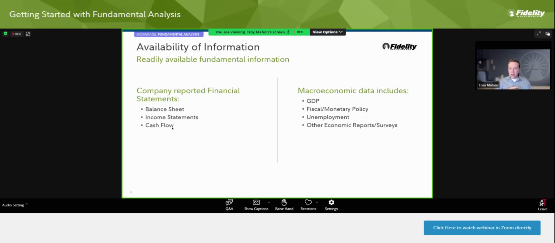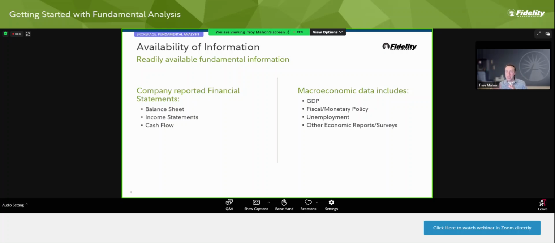Where's the cash going? Is the cash coming in? Is the cash going out? How much cash do you have? What's been the change in your cash? Again, with accounting, we usually look at a process called GAAP, which is generally accepted accounting principles. If it's an international company, it might use IFRS, International Financial Reporting Standards.